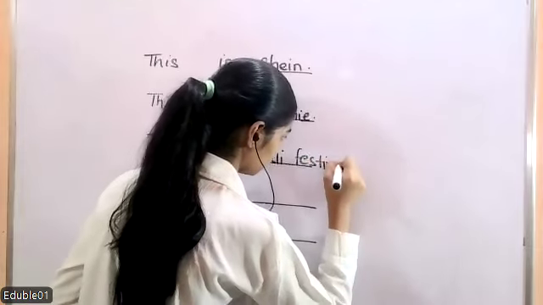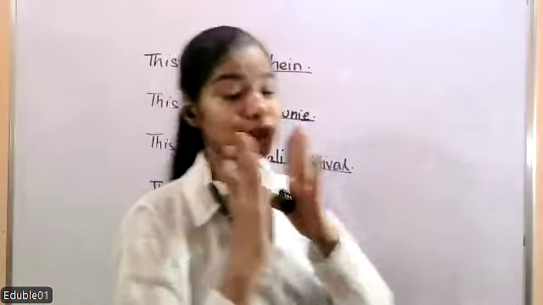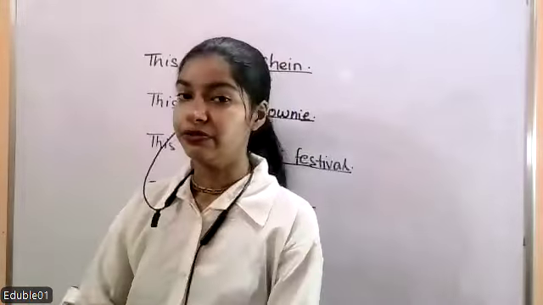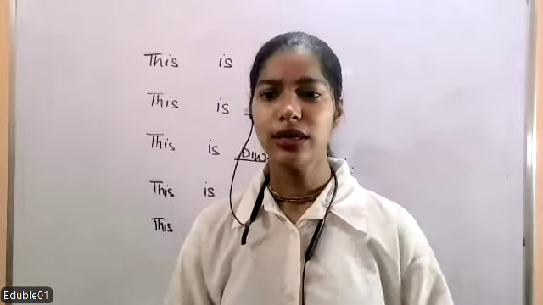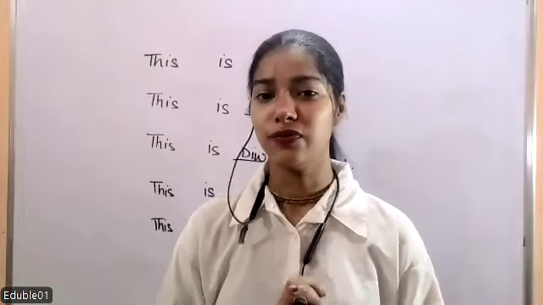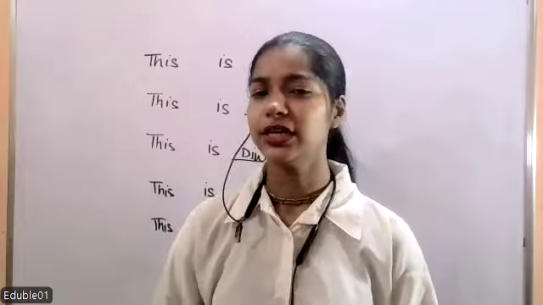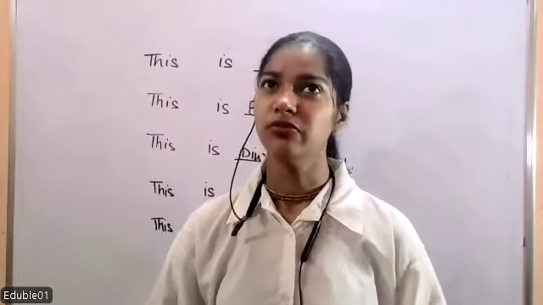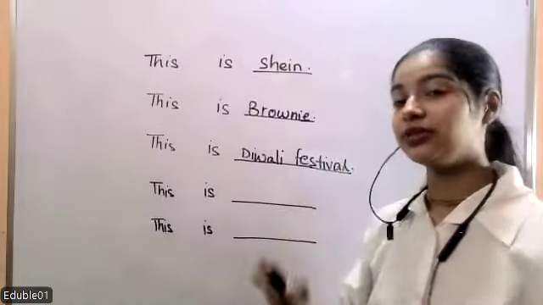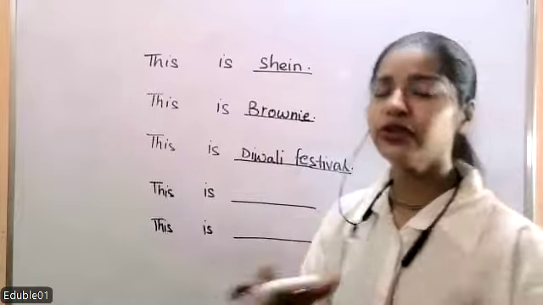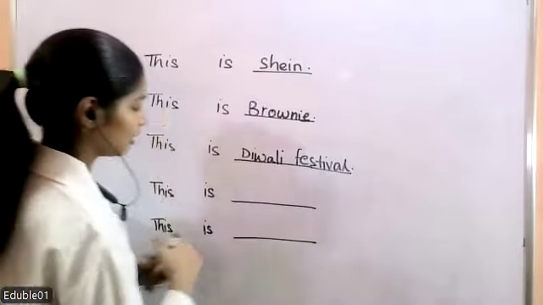This is Diwali festival. So I'm talking about a specific festival named Diwali, right? If I'm saying I'm celebrating Diwali today, it is very specific for someone which festival I'm celebrating. If I'm just saying I'm celebrating a festival, that doesn't tell which festival I'm celebrating. But whenever I'm saying this is Diwali festival, everybody knows which festival I'm celebrating. Okay, now let's take another example.